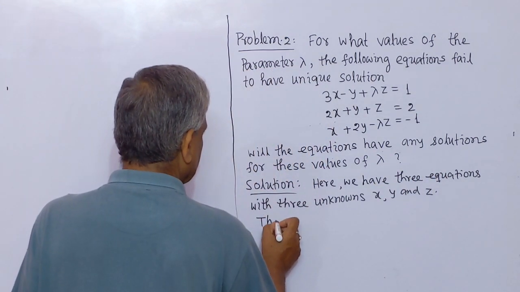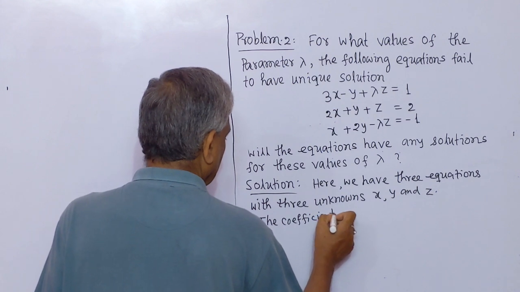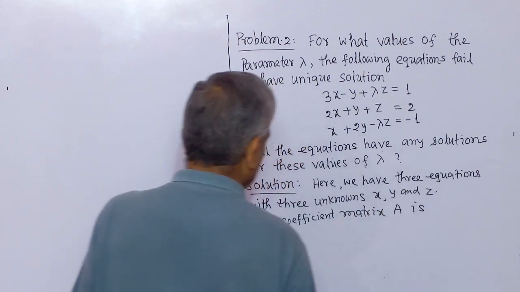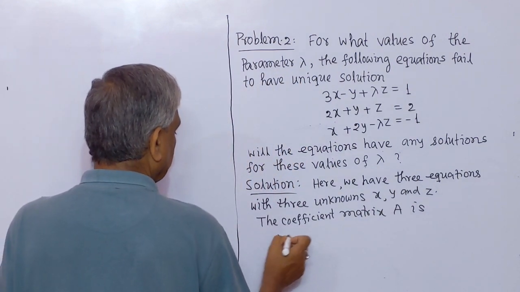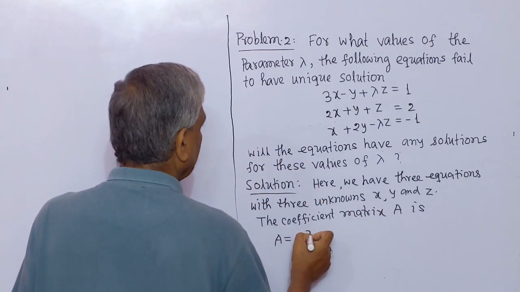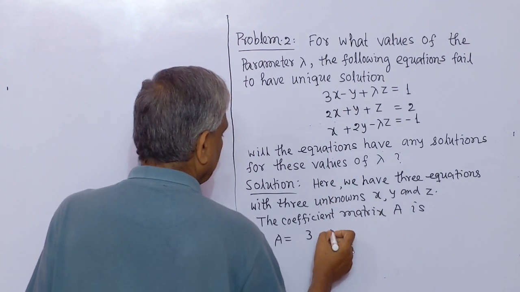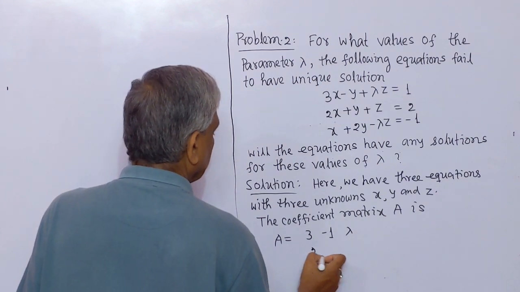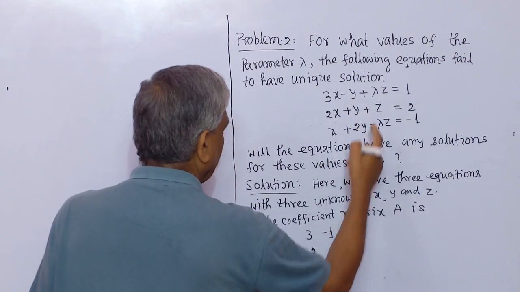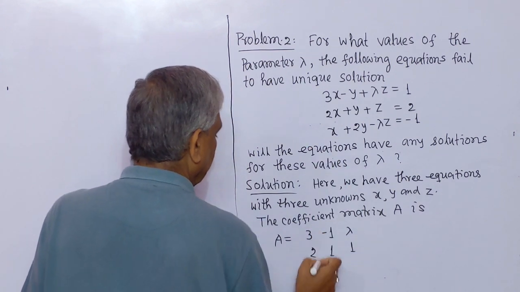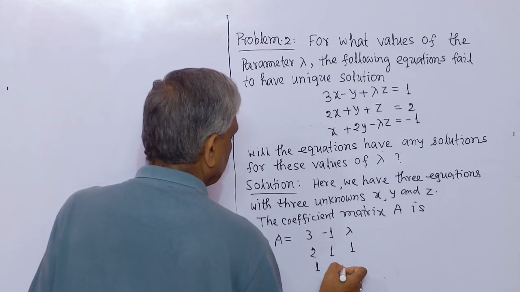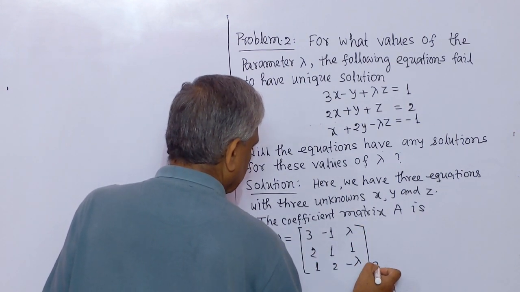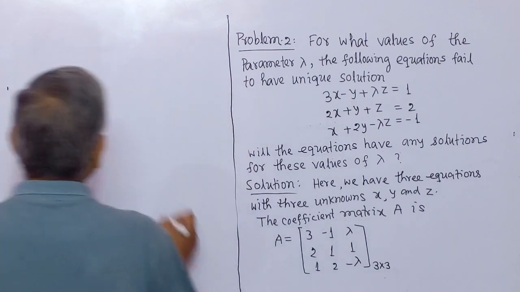The coefficient matrix A is: A equal to, here coefficient 3, minus 1, lambda, 2, 1, 1, here 1, 2, minus lambda. This is a 3 by 3 matrix, which implies that